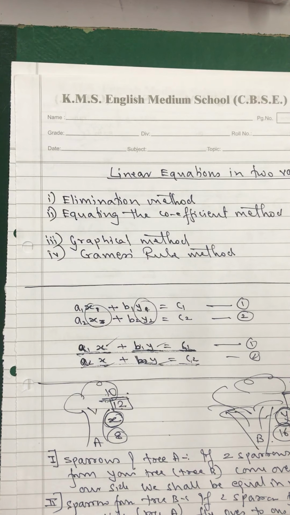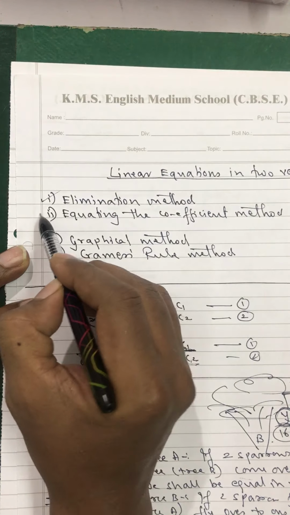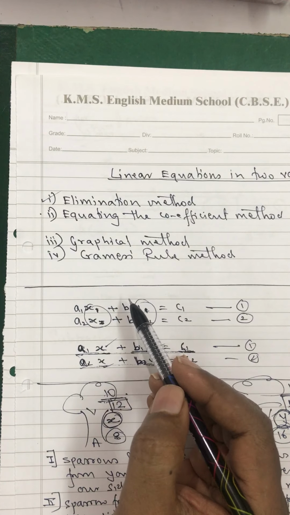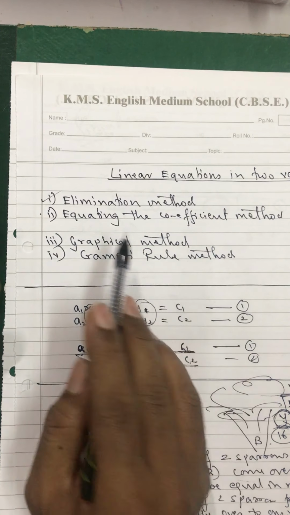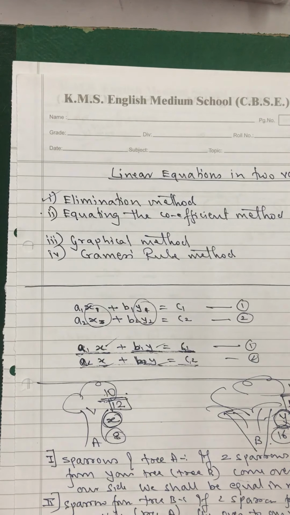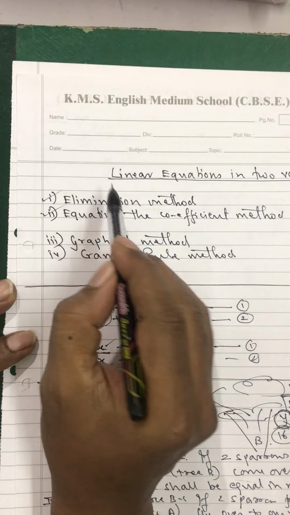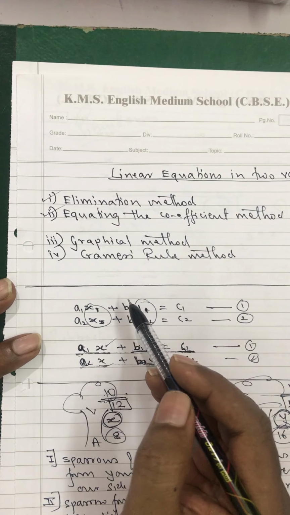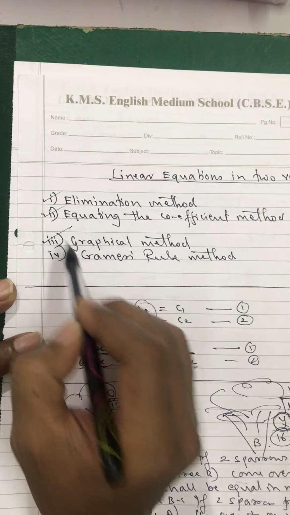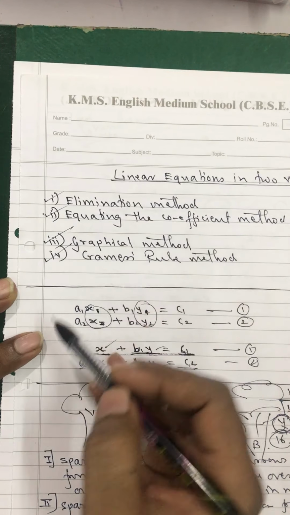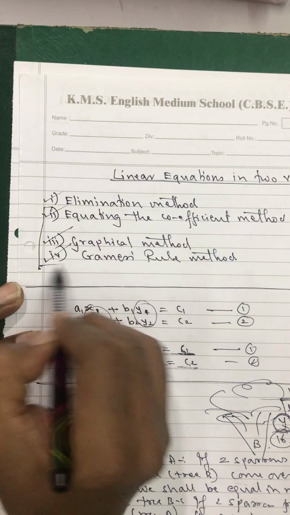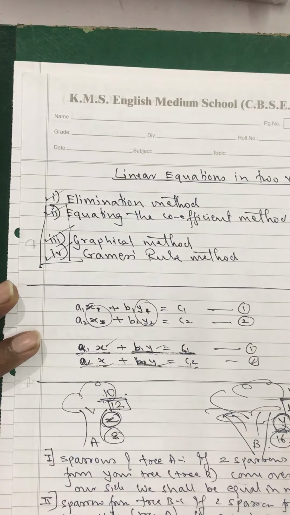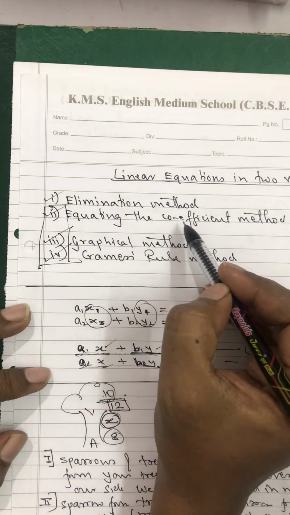There are in total maybe 1 elimination method, which is a very basic method, which you don't have in our syllabus at present, but maybe I'll touch it if you feel. Second is the equating the coefficient method, which I am going to teach you now. Graphical method and Cramer's rule method. These 3 are definitely very important. Definitely the equating the coefficient method,